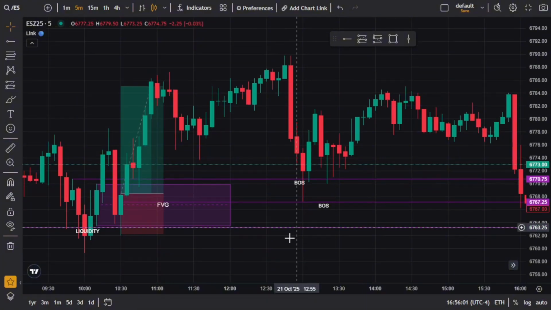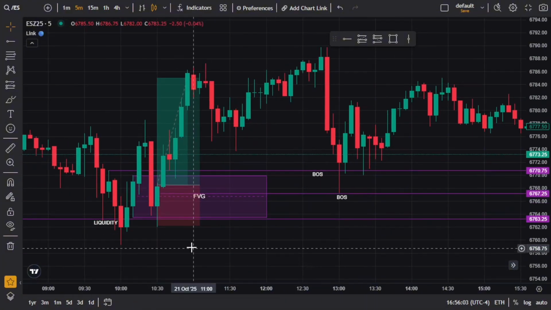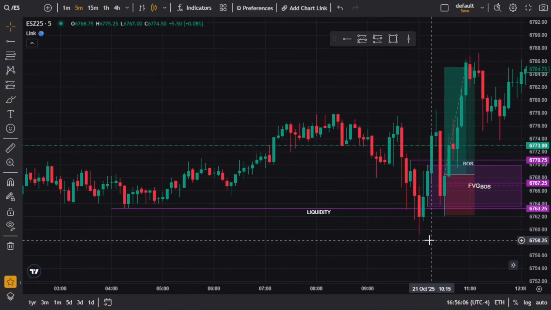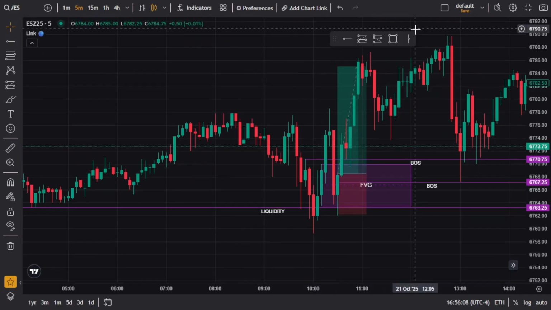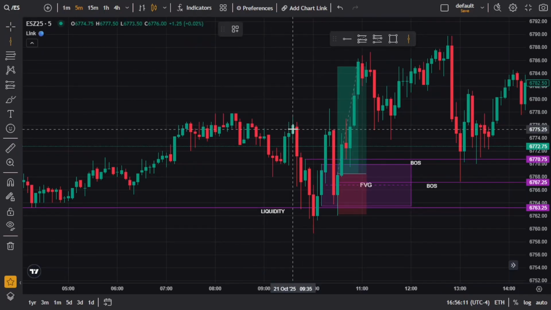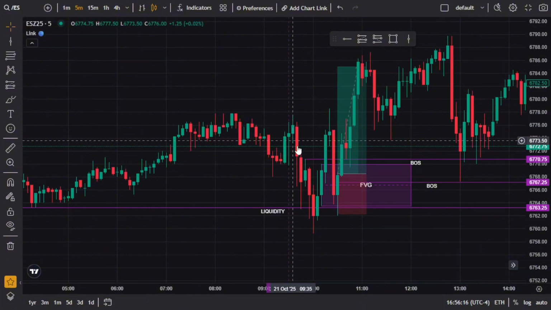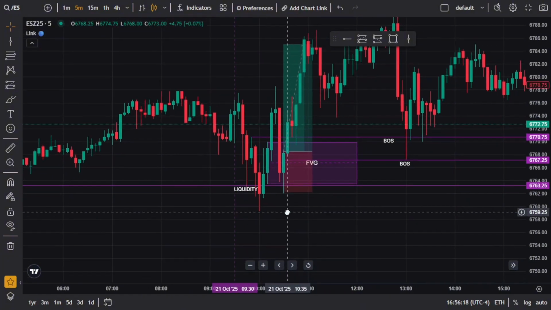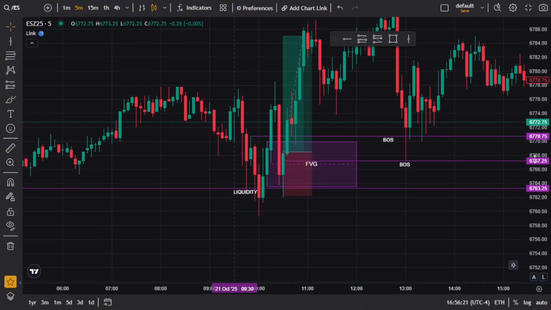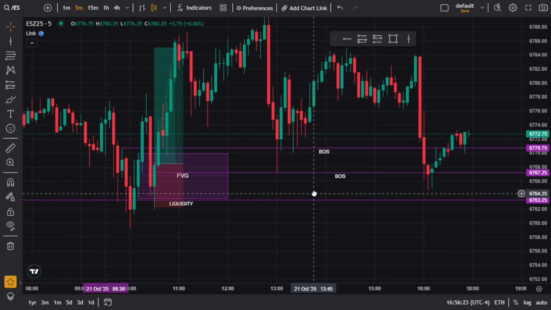Alright, this is the trade we took today. Where's market open? We marked it earlier. We didn't mark it. Okay, market open right here. There we go. Price was grabbing liquidity down here, obviously. It always does that when market opens. It always grabs liquidity before it moves in the direction it wants to go.